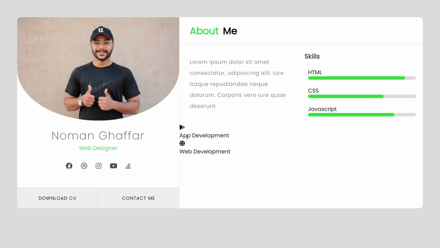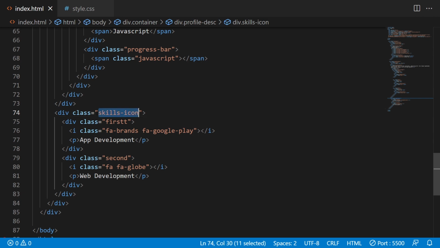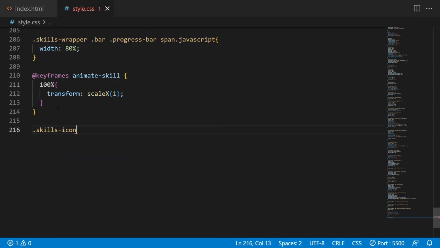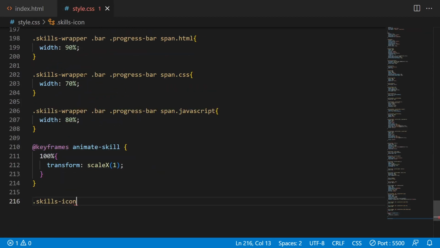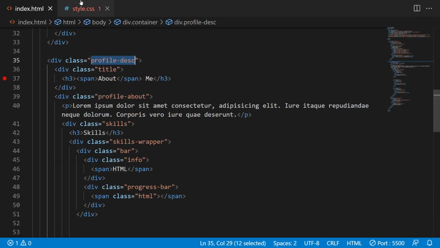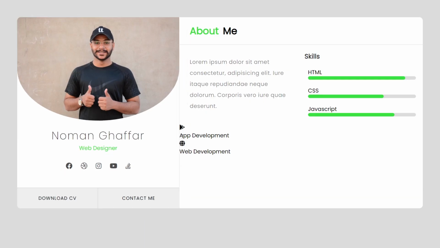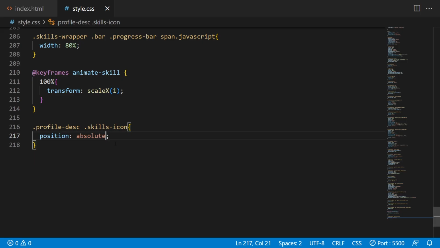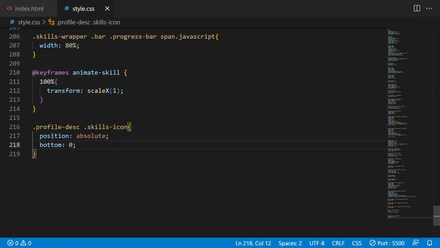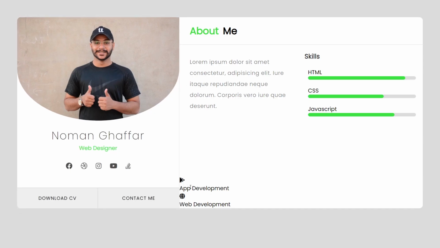Next, we have to design these two buttons, app development and mobile development. So to design these icons, first of all, copy this skills icon class, paste this class here, and before this copy this profile description class and paste here. Here we have to type position absolute because we have to align these buttons in the bottom position. That's why we need to assign position absolute and one more property which is bottom 0. So you can see the output. Now these two buttons are